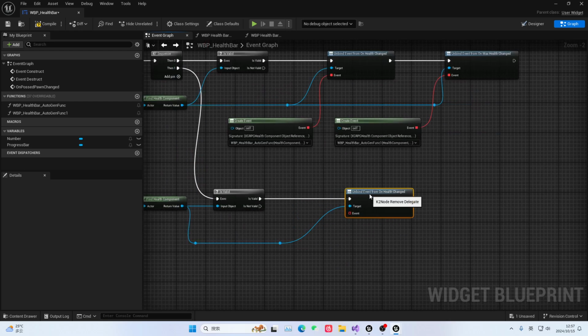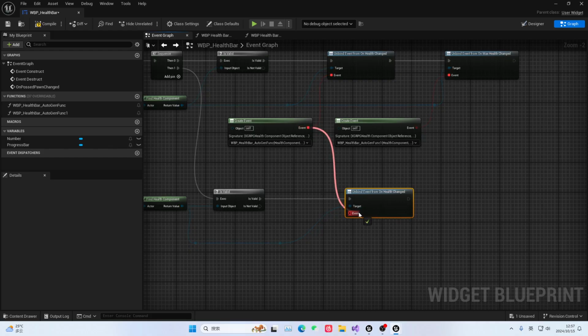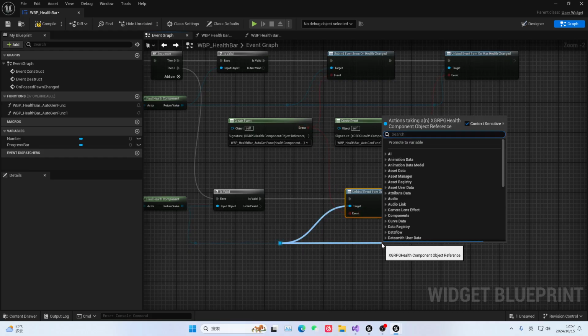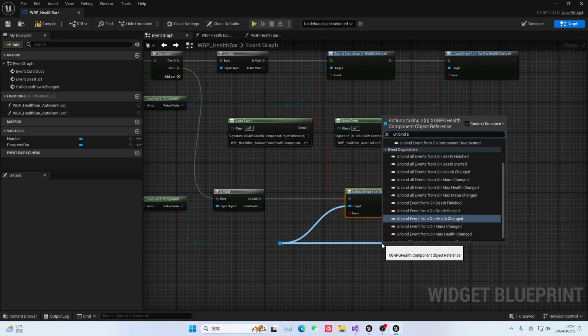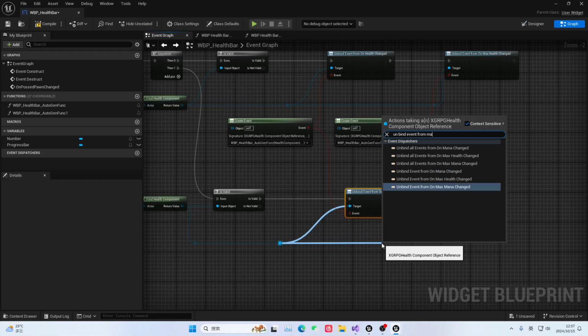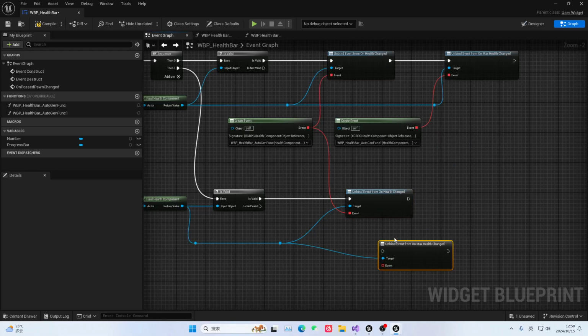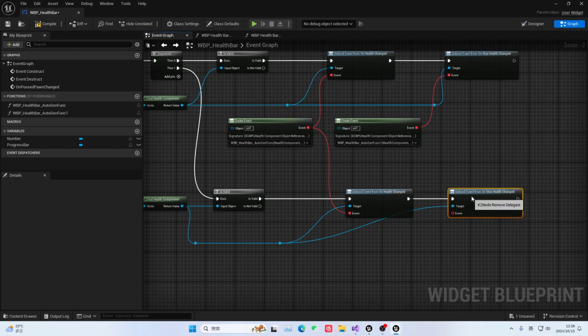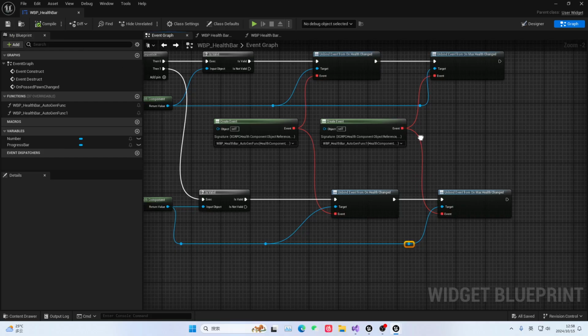Of course, this event is definitely the same event. Good. After we finish binding here,